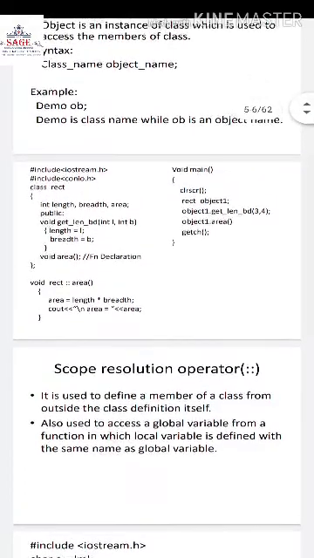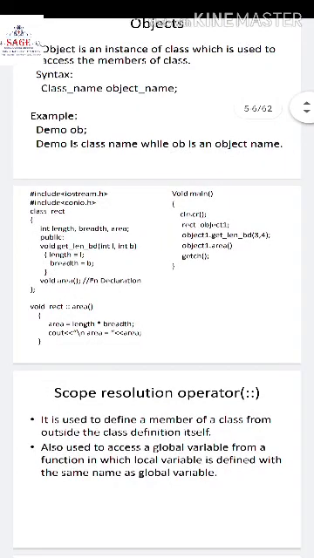Now let us come to the main. In the main, we have declared one object of type rect. So syntax is, first of all, write the class name, then space, and then the variable name. So we have written the variable name as object1. So now object1 becomes the object of this class rectangle, and this object1 can be used to access any members, whether it is variable or function, inside the class.